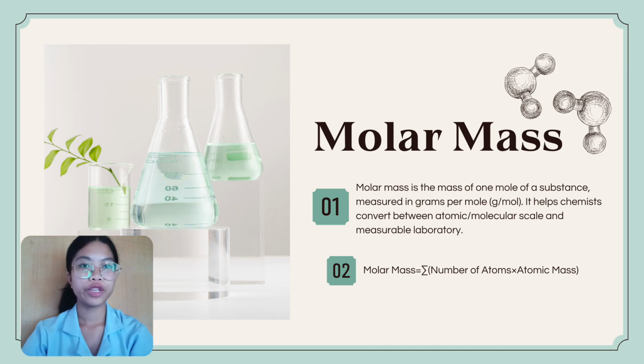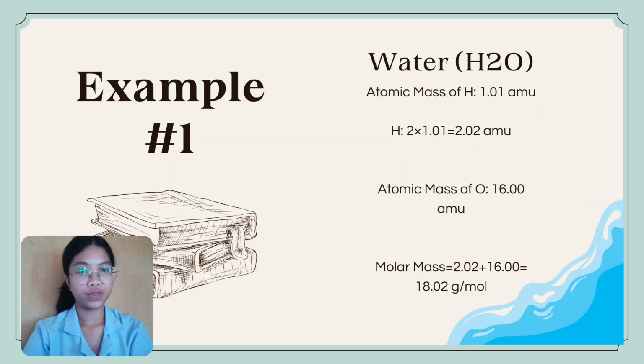So our formula for the molar mass of a compound is the summation of the number of atoms times the atomic mass. For our example 1, water, which is H2O, the atomic mass of hydrogen is 1.01 atomic mass units. So we will be multiplying 2 times the atomic mass of hydrogen, 1.01, which is equal to 2.02